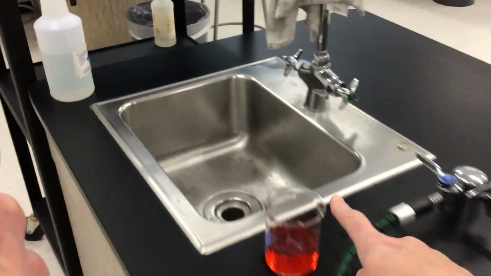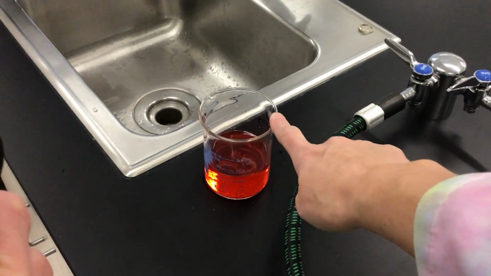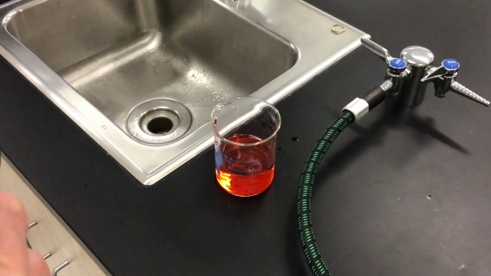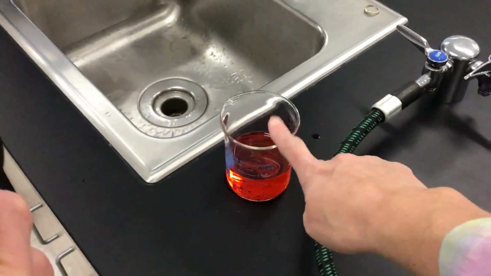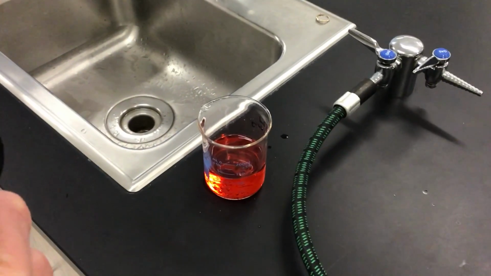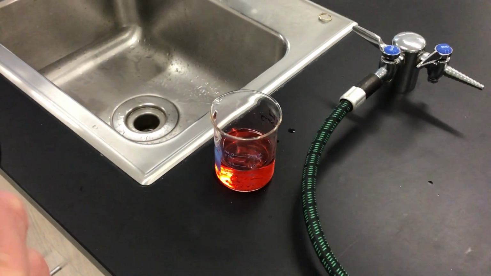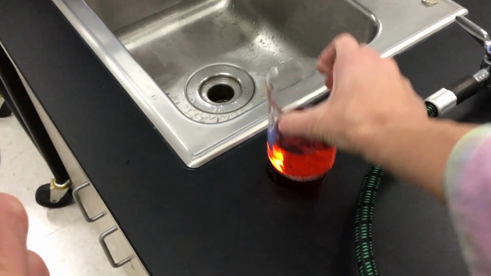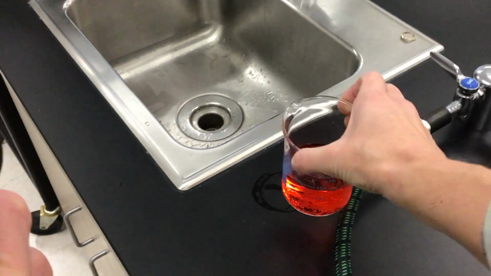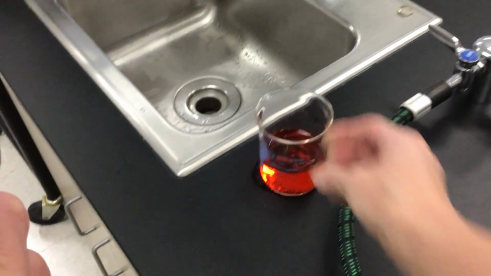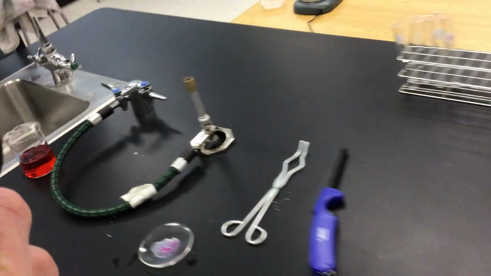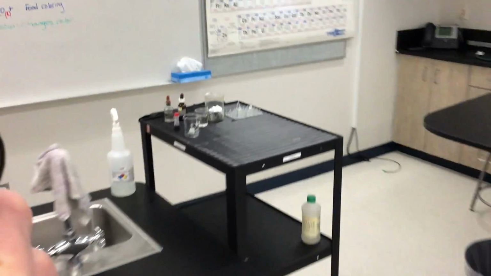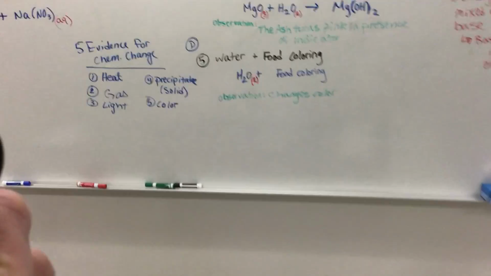if I were to separate this physically, could I be left with the same compounds I started with? So if I were to evaporate out the water, I would be left with my food coloring. Because I didn't change anything, even though it's a color change, this is not considered a chemical change. So we do this last example on purpose because when you are presented with a color change, you need